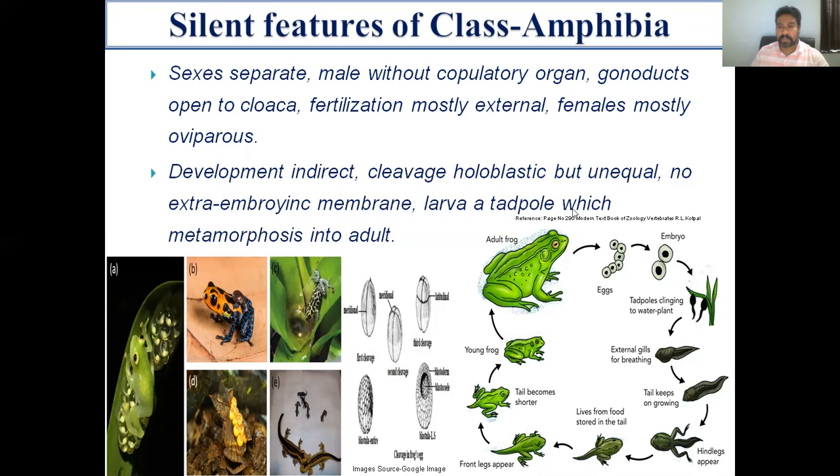So complete metamorphosis is there, and the cleavage process, which is the rapid mitotic division, is unequal because there is a formation of two different types of cells, micromeres and macromeres. No extraembryonic membrane is present, and the larva is called the tadpole larva, which metamorphoses into the adult by the complete metamorphosis process. So if we summarize